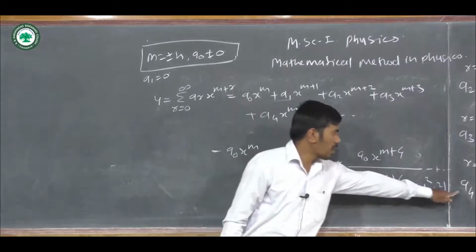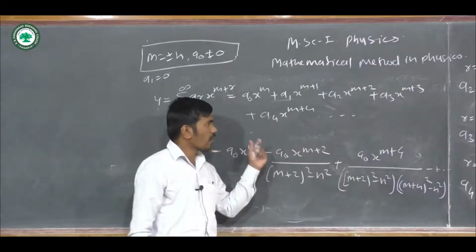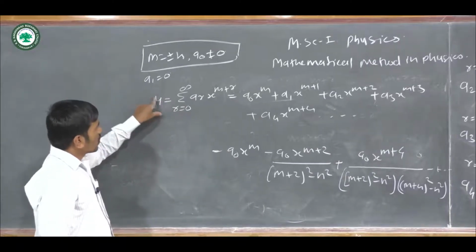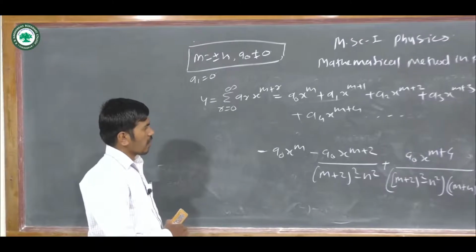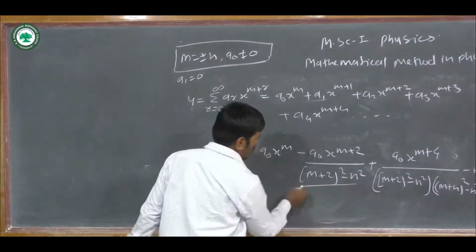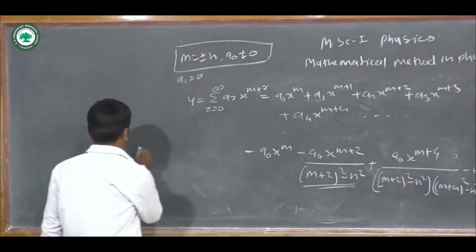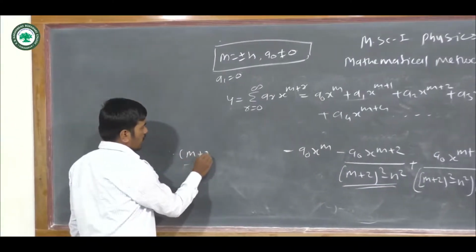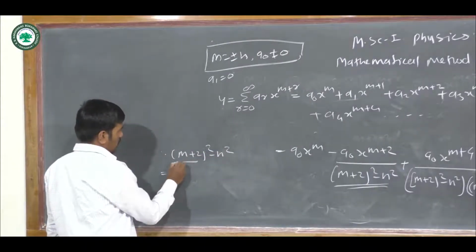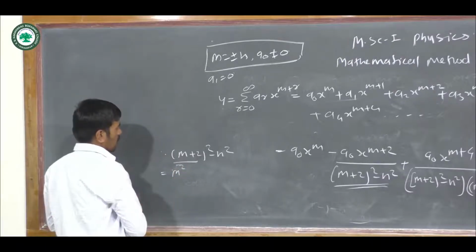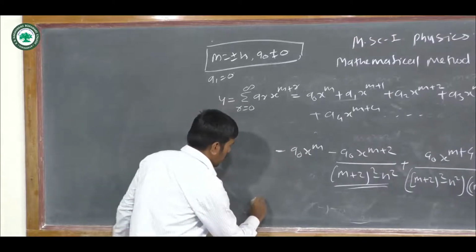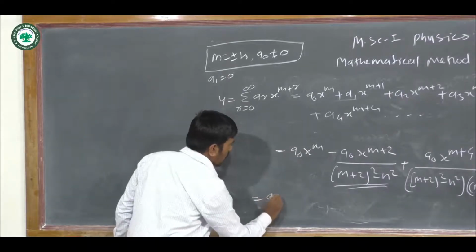Next term is a6. We can write for the a6. a5 is also 0. So this is the series solution of this Bessel differential equation. If I take out the commons, first I try to simplify these denominators, that is (m plus 2) bracket square minus n square. If I expand this, it is m square, later we discuss these things. First I take out the common, that is a naught x power m